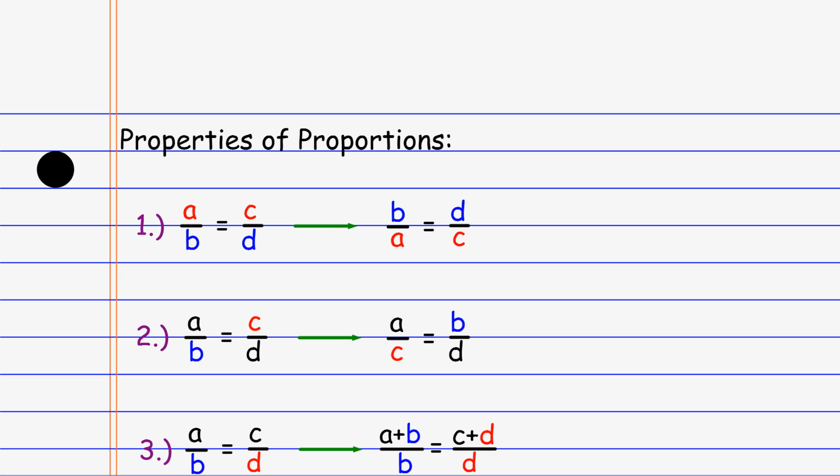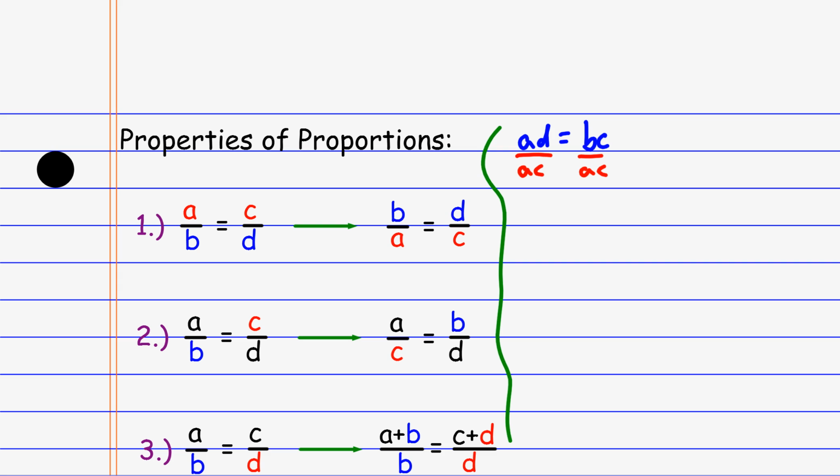All right? And the reason this works, we'll do kind of like a little mini proof of each of these over here. If you cross multiply, and that's what this first step is going to be, I get AD equals BC, or CB, whatever you want to call it. And now from here, I can divide by whatever I want on each side. If I divide each side by AC,